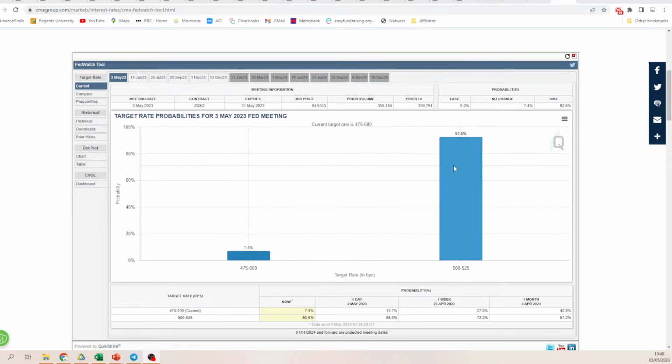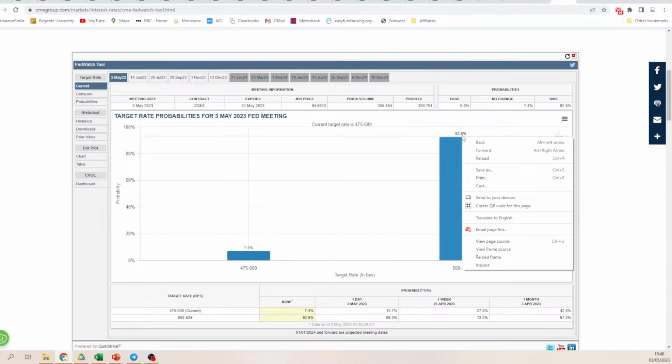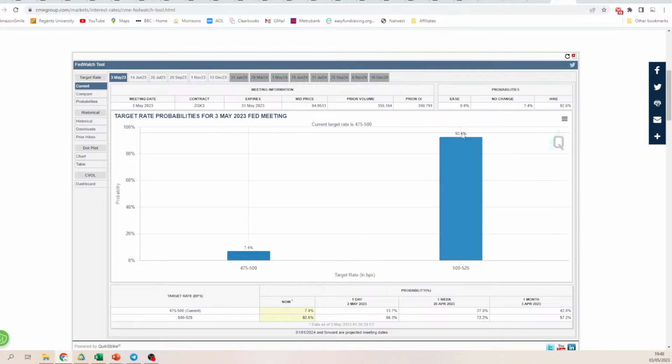Here we go, found it. This was today's, and coming into the meeting there was a near 93% chance of it going up to 5.25%. So a very slim chance of it staying where it was. So you can follow that. The market, to answer the question, had already really priced that in.